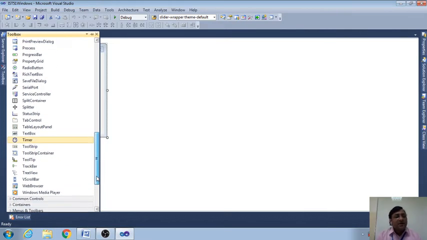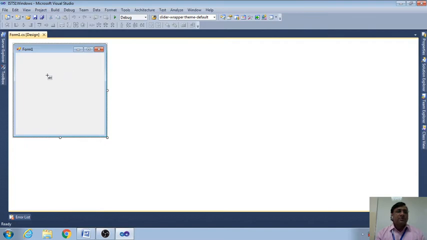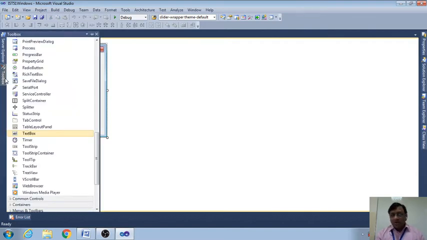This is just the introduction part. I am just going to give you the overview of this. So where is the text box? This is the text box. So three controls are there. If you want to take a control to your page or to your form, we have two ways. One is you double click the control you want to take, or you can drag and drop. It will be available. So I think you know what the toolbox is. The toolbox is a place where all the controls related to the Windows application are available. This is called the toolbox.